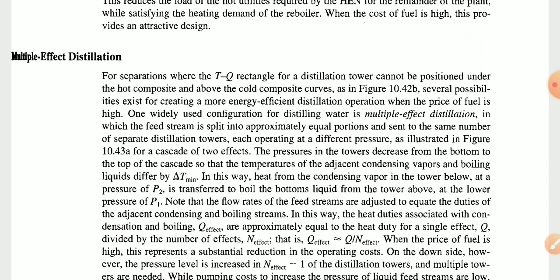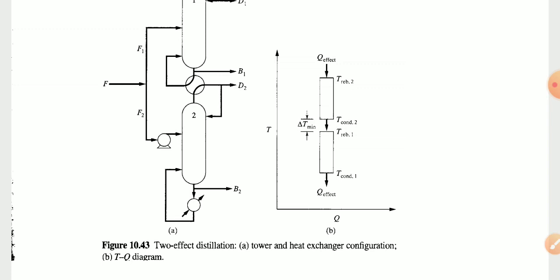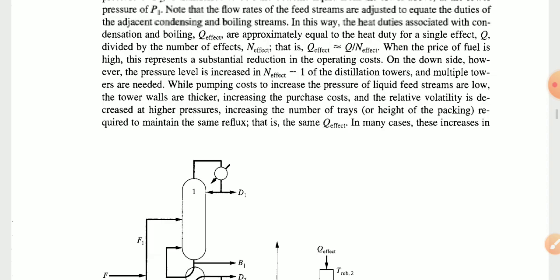Today we discuss computer aided process synthesis, unit number 5: energy integrated distillation process. In the previous lecture we covered the heat integrated distillation part. Now we will see the multiple effect distillation part. This is the theoretical part with some graphical systems and figures. We will look at the different effects.